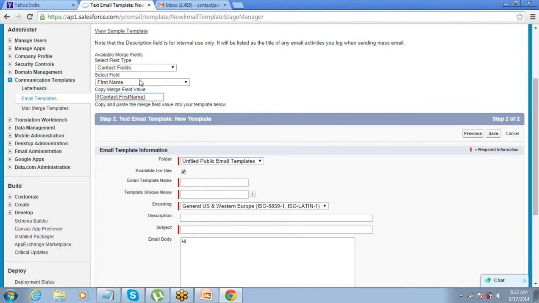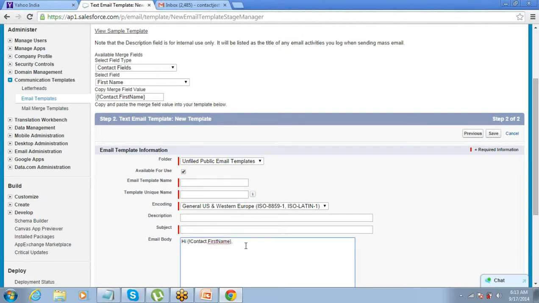The moment you select the object and field, you will get some value here, a formula here. You just copy that, put it here. That's what we have to do. So wherever we need a merged field value, meaning a dynamic value, we will put this formula from here instead of writing something, because you do not know the name of the person who will receive it. So you will just take it from there.